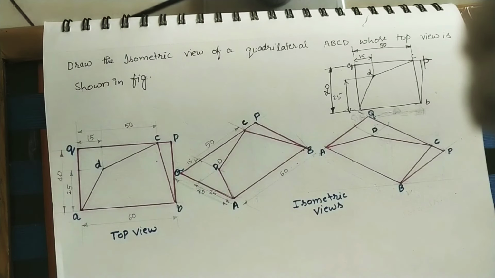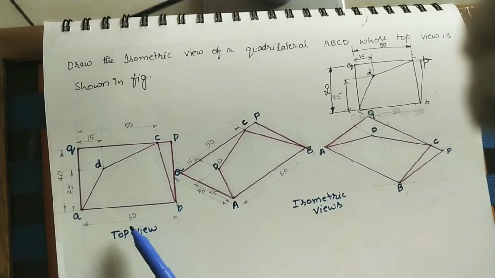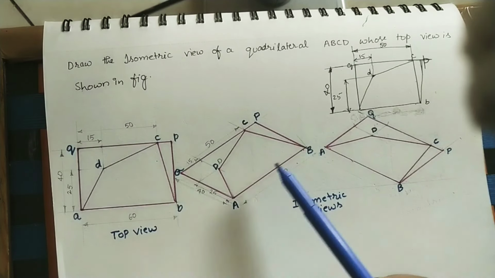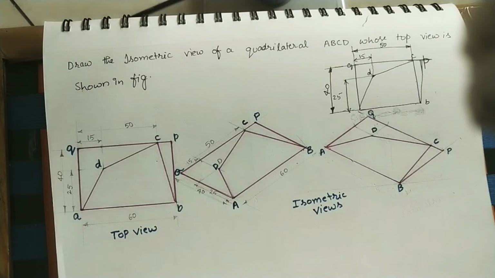In the sheet, always use pencil for doing all the three diagrams. Don't use other colors. Just for getting a clear view in the camera, I am using different colors. Here mark whatever given dimensions are there. So in it also mark all those dimensions. Here the dimension line is always parallel to the main line. Just for showing the dimension I did it here. For this diagram also mark all the dimensions.